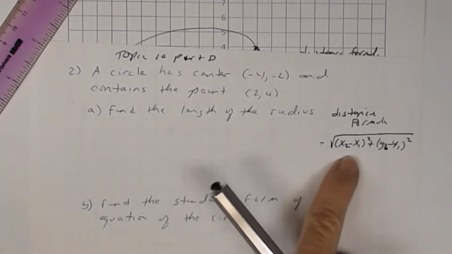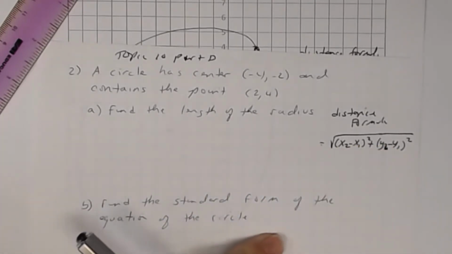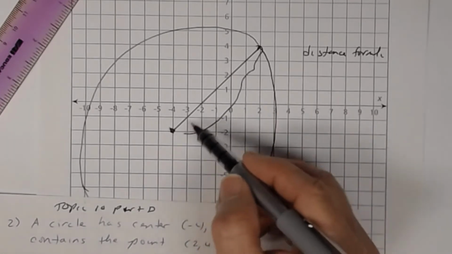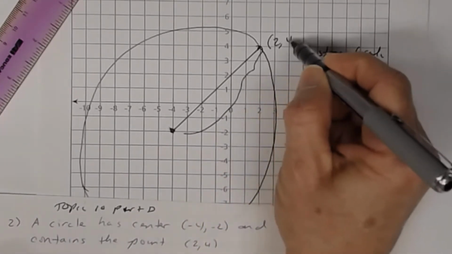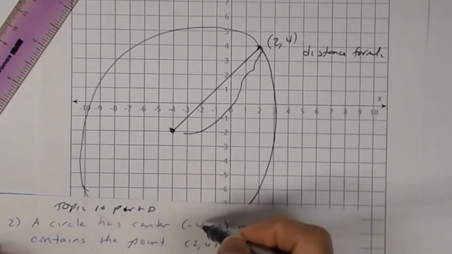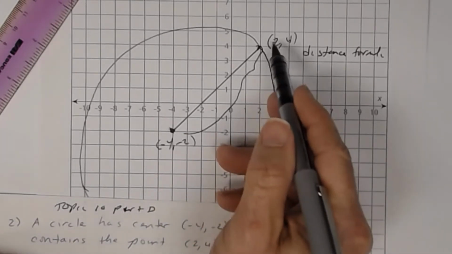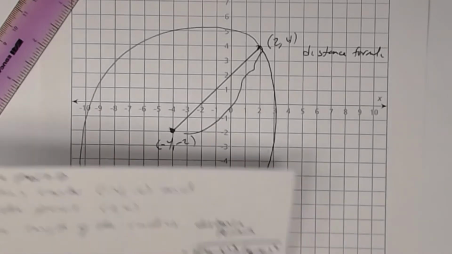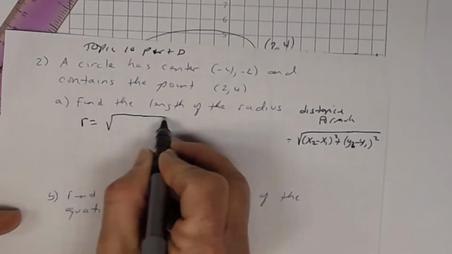So you can subtract the x's from each other, you can subtract the y's from each other, and you're going to square those, add them up, and take the square root. And so I want you to see that if you're trying to find the length of this segment right here, this is the point (2, 4). And this right here, the center, remember, is (-4, -2). So here are your x's and here are your y's. And you just subtract them. That's all you do. So the radius is going to equal the square root of